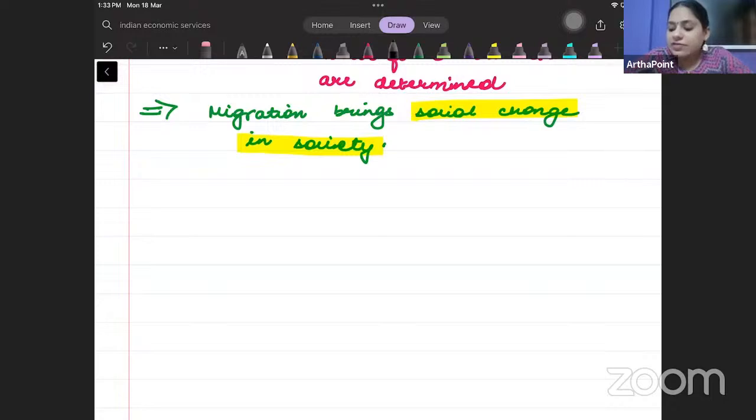Now, always remember that whenever you read any of such chapter, you need to give definitions according to people, right? So according to some known people, you should be quoting the definitions in their language, right? And if we talk about migration, migration का मतलब तो हमें clear है that it is movement of people from one place to another. But if I talk about the definition according to demographic dictionary,